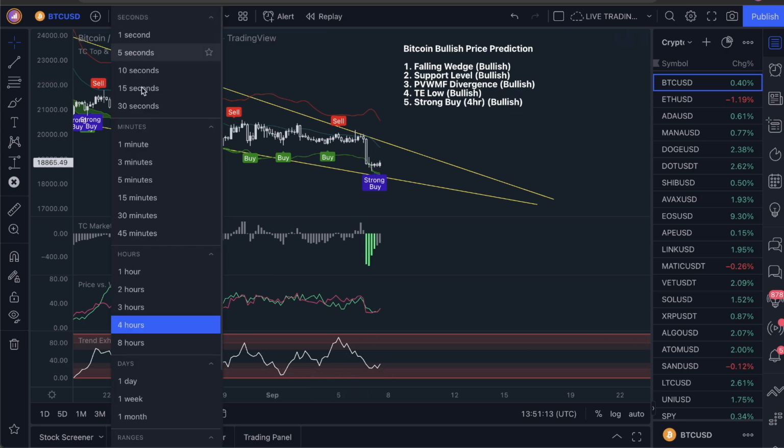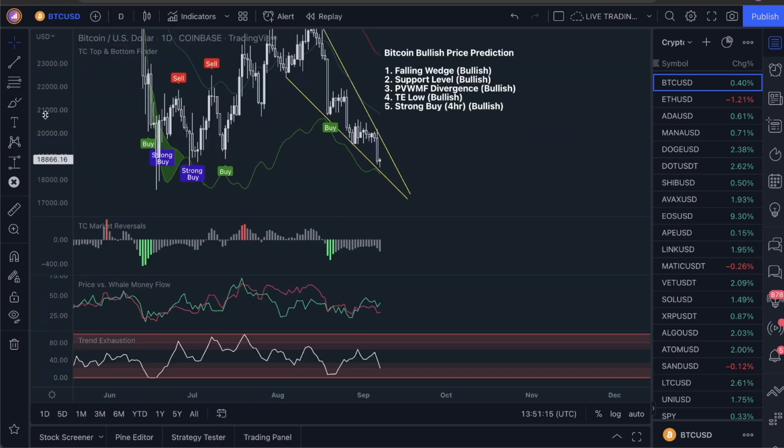So overall, guys, there are a lot of bullish signs in the market, but I want to end the analysis,